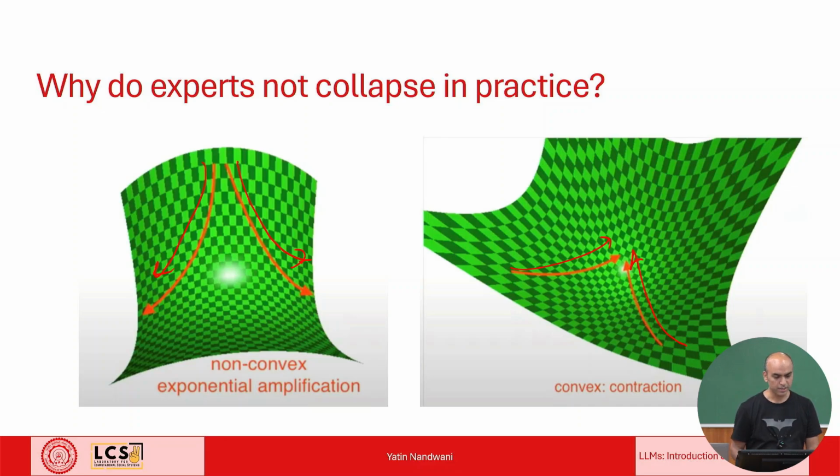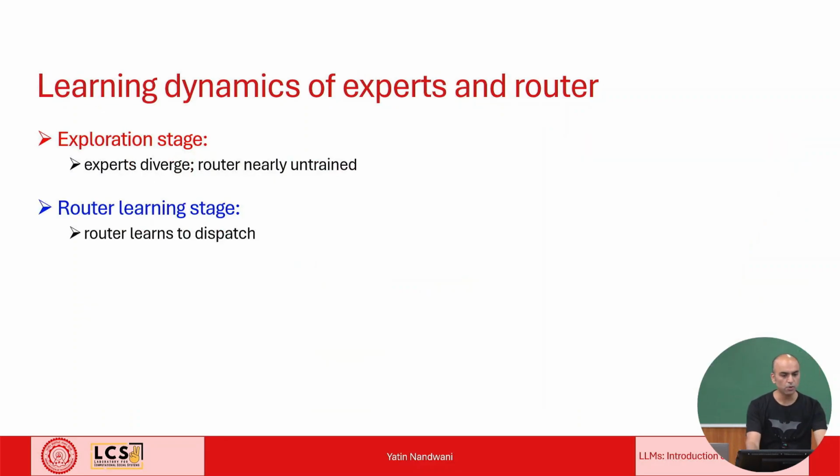So this was an interesting experiment, and then they go on to study the learning dynamics of the expert and the router, right? So what happens? What do you think? What will get trained first? Will the expert get trained first, and then the router will learn to assign each data point to the appropriate expert? Or do you think that first the router will learn, once the data points have been assigned correctly to each of the experts, then the corresponding expert will start to train and will learn the classifier boundary, right? So what happens when you train this, right?